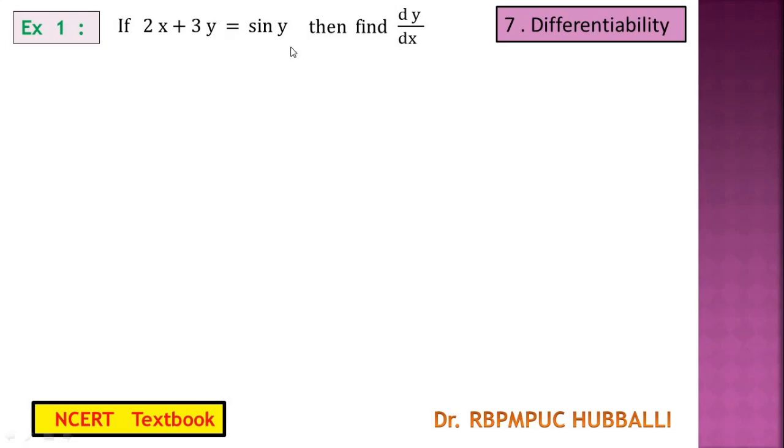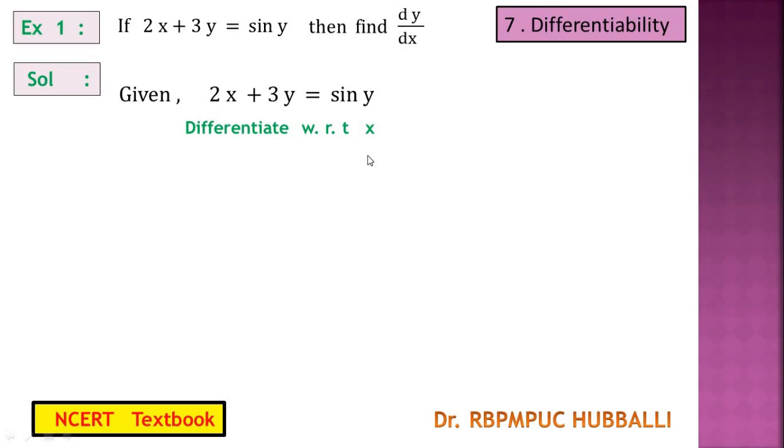Now this equation is an implicit equation, because here it is not possible to write y as a function of only the x variable. We can write y as a function of both variables x as well as y, but that is not called explicit, it is called implicit. Okay, therefore this is an implicit equation or function. You know the method of writing the answer. Always here we should not write y is equal to, it is an equation, therefore directly you write the equation 2x plus 3y is equal to sin y. This is the given equation. Next you write, differentiate with respect to x.